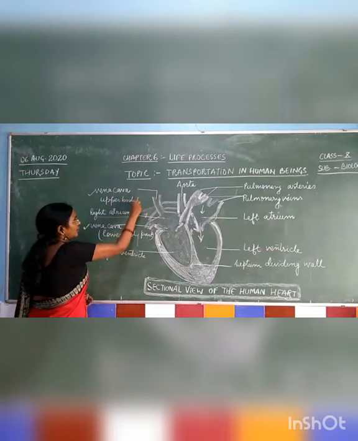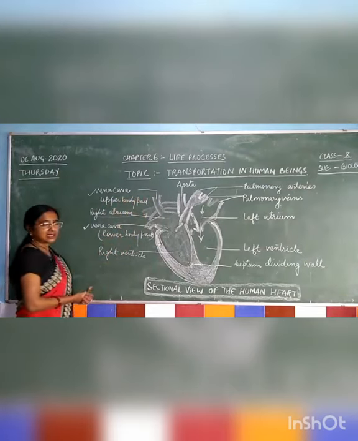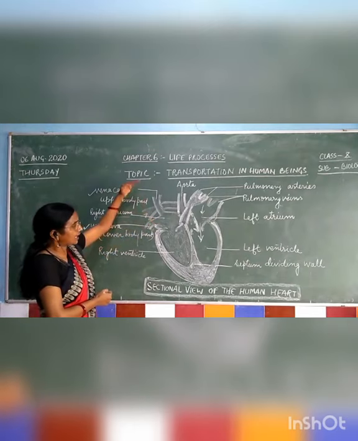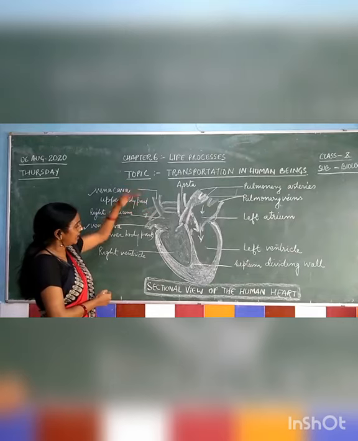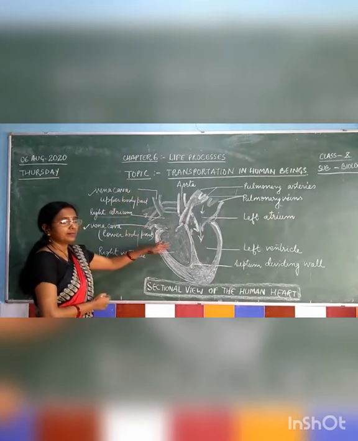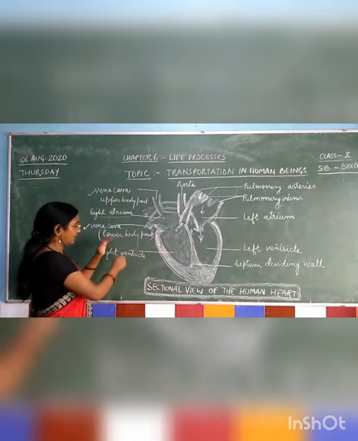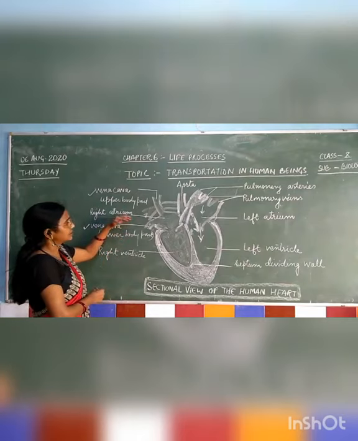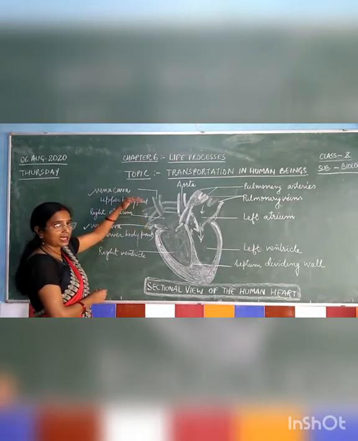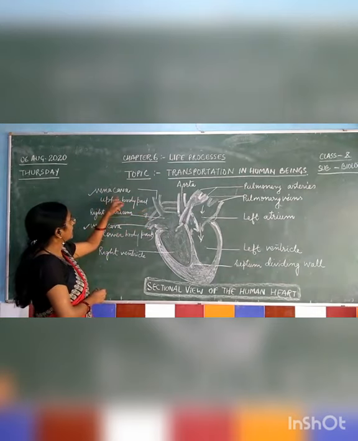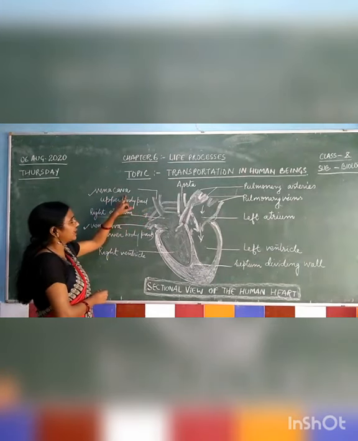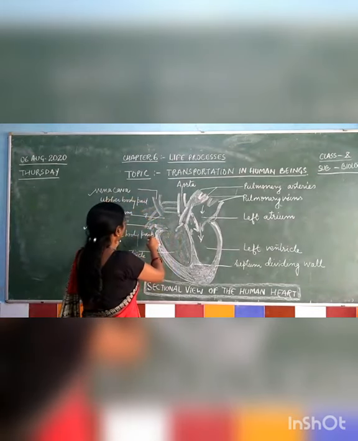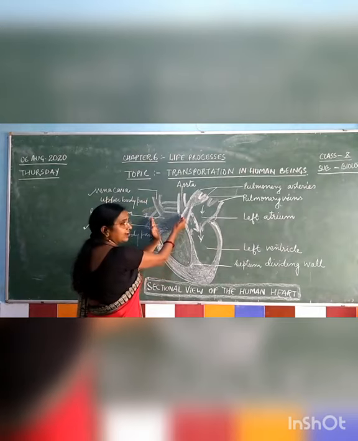Upper body part or lower body part can be best understood as the part above the heart and the part below the heart. They give the blood with the help of the inferior vena cava, and the body parts which are located above the heart will give the blood through the superior vena cava. They both will be collected. The blood collected from both of the vena cava will be stored in the right atrium.